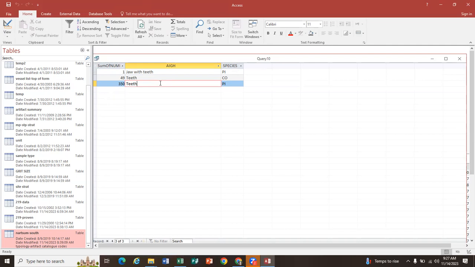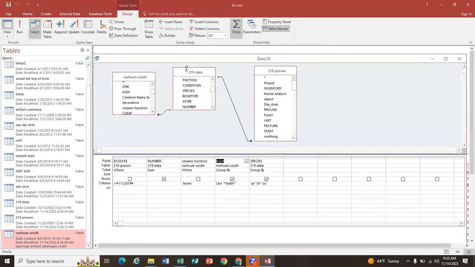Okay. But yeah, so you can get this, and we could also do a plot of this across the site and see where the teeth are showing up, and then also plot the bone to see if the two mirror each other and what's representative, because it might be that for the cow there might have been one jaw that was in the plow zone that got busted up, and it was all in a single unit. And it might be that cow are not represented hardly at all, except for that one occurrence. So again, if we bring in unit on this,